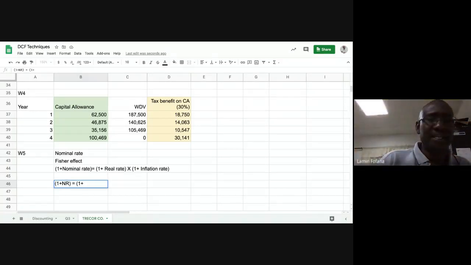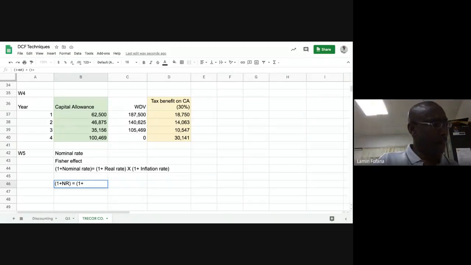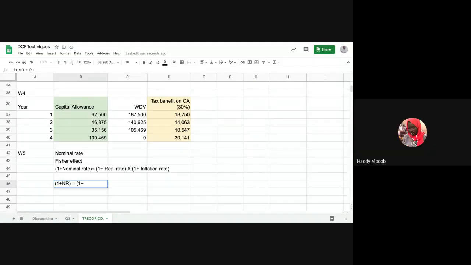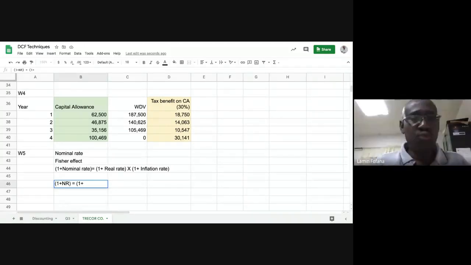What is our real rate that is given in the question? We were told that the real rate is 5.7%. So that will be 1 plus 5.7%,